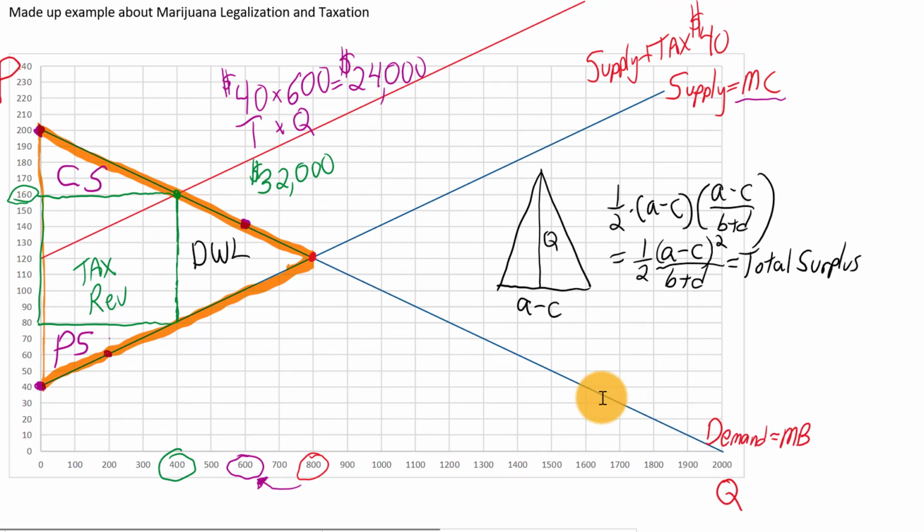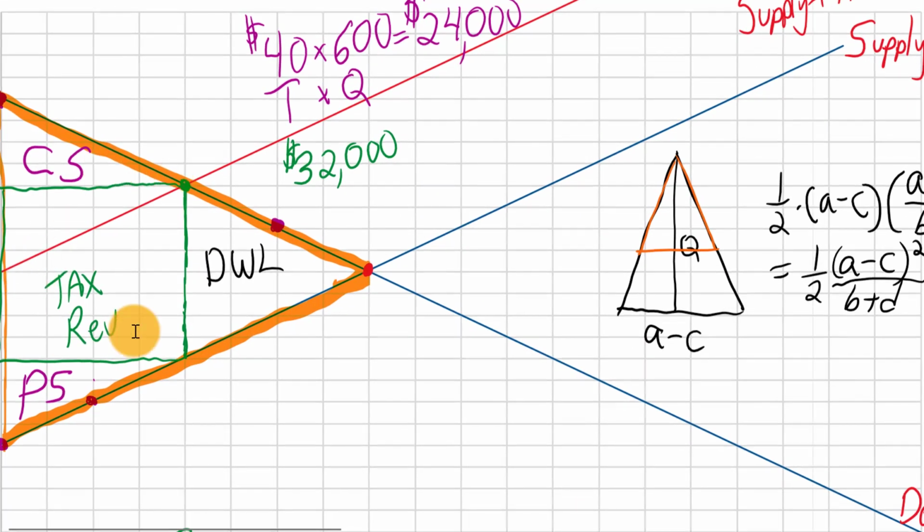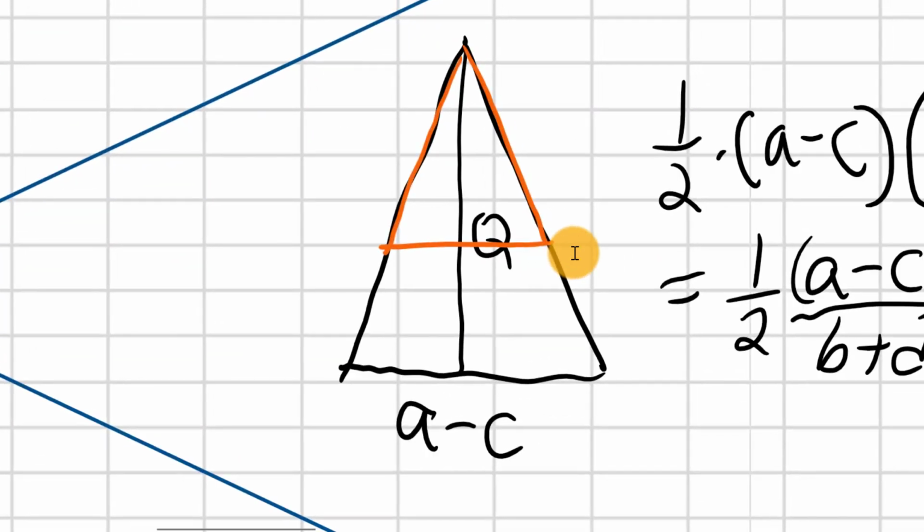And what about this deadweight loss here? Is there a way to figure out how big that is? Let's zoom in on this total surplus triangle. Remember that if the government is maximizing their tax revenue, then what they're doing is cutting this quantity in half, right? So we're just taking this little deadweight loss triangle over here, and that's what it looks like on the top of a triangle. I just like visualizing it that way better.